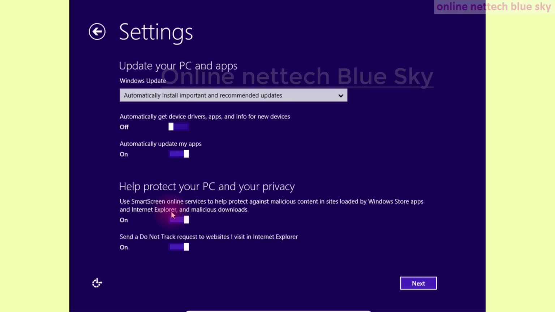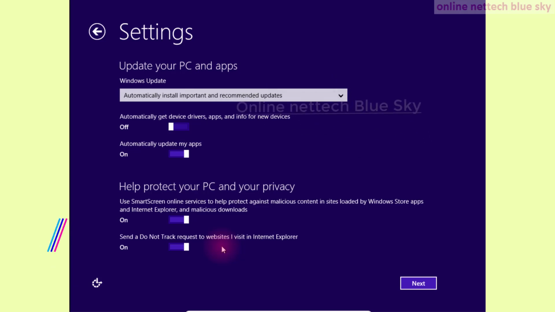Click on send Do Not Track requests to websites in Internet Explorer. Sometimes do not track. Do Not Track sends a request to tracking websites available in your Internet Explorer. So you can send a Do Not Track request to the website from Internet Explorer. If you are using Internet Explorer, the Microsoft company tracks your computer.